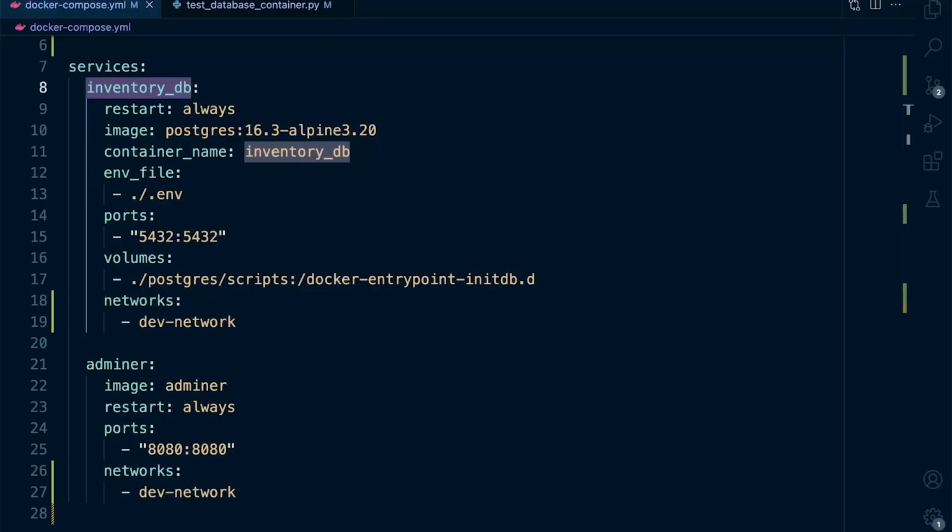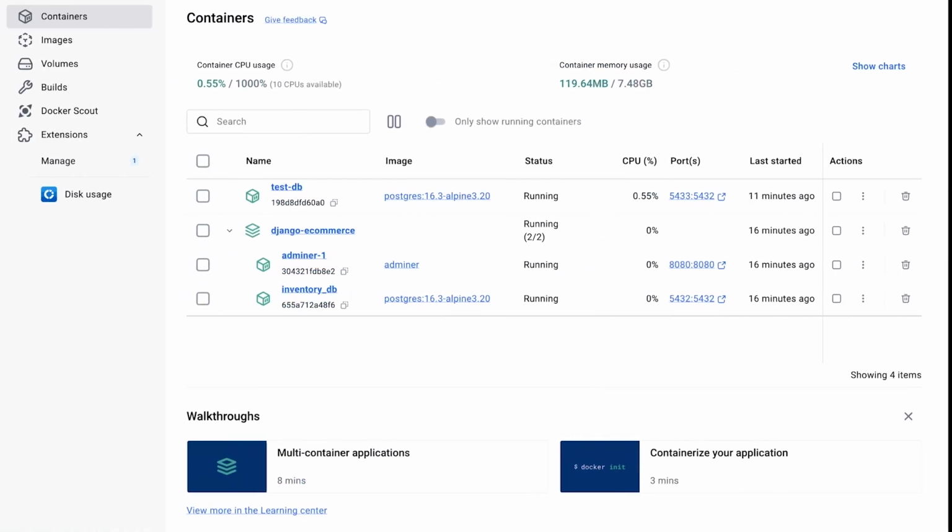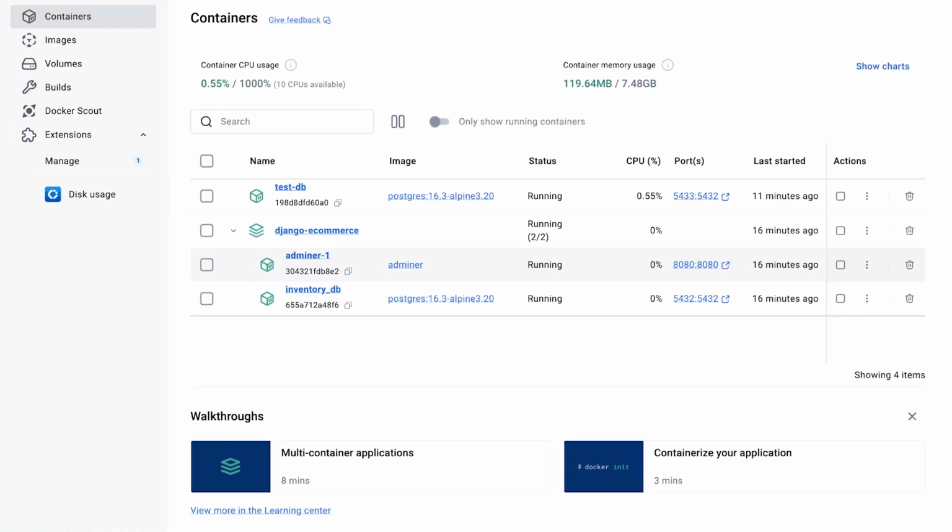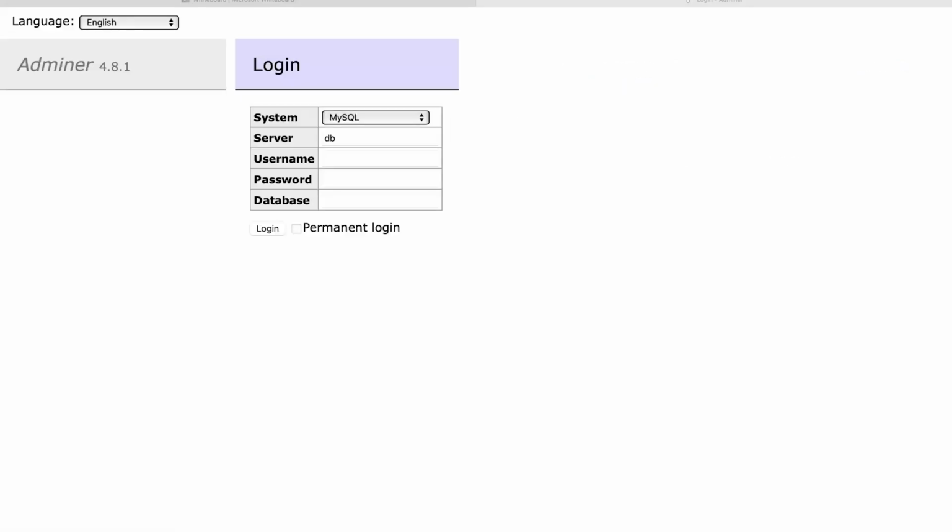Now I mentioned the host name, so each service is provided a host name which can then be utilized. Now the host name is going to be generated from the service name. So let me just show you an example. We're going to use adminer now to access the inventory database. We do have the containers already started, I believe. Yep. So let's go into adminer. We're going to need to utilize port 8080. So in the browser, I've typed in